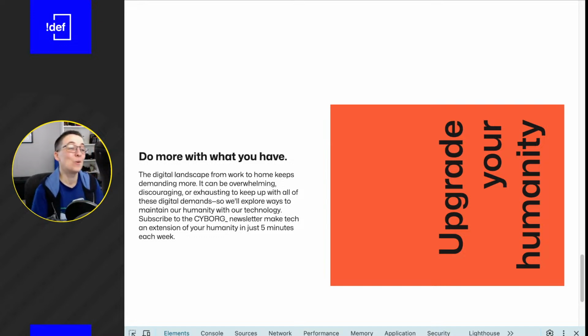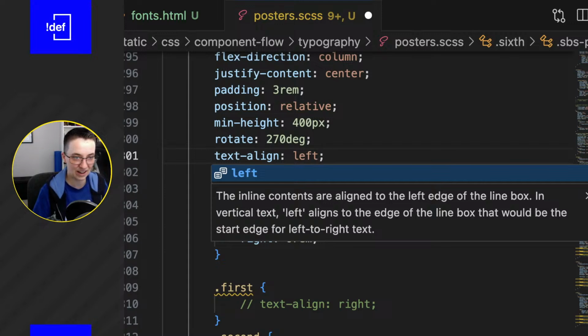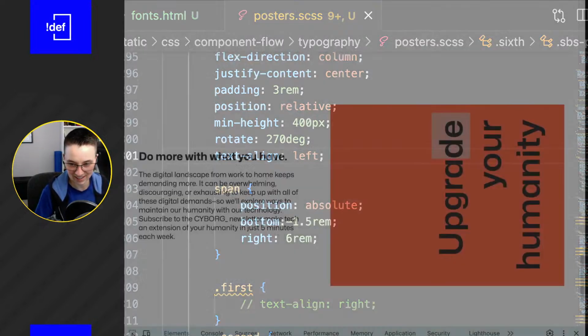Okay. Wow. So this one I am not super pleased with. It's breaking a lot of rules. We're right aligning a left to right language, and we're also rotating it. So it's definitely one of those where you should have a reason for this. I might just change this to left aligned. I just feel like this is